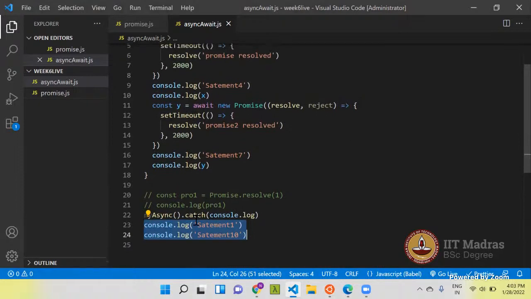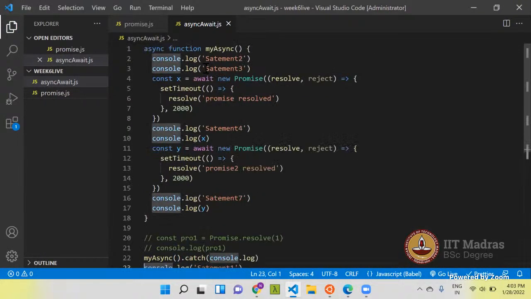As soon as line number 22 triggers this async function, whatever statements are inside this function start getting executed synchronously first. So this will be printed, and then it encounters an await keyword.